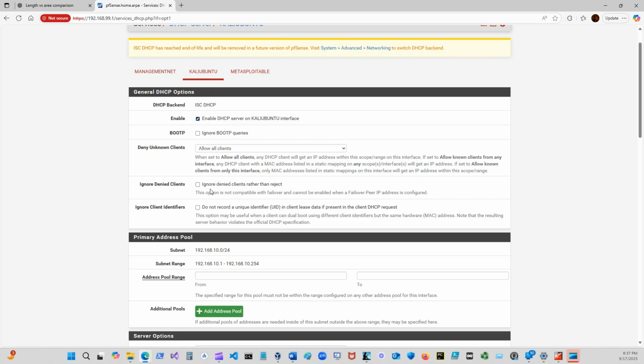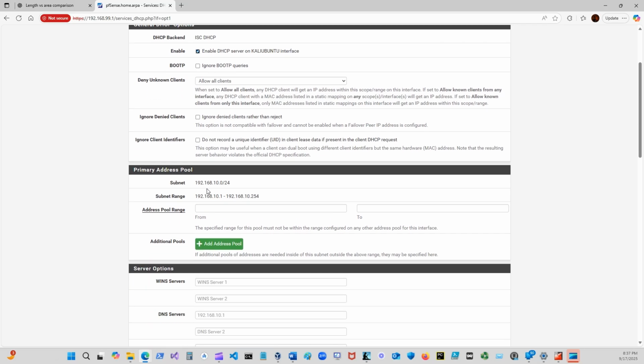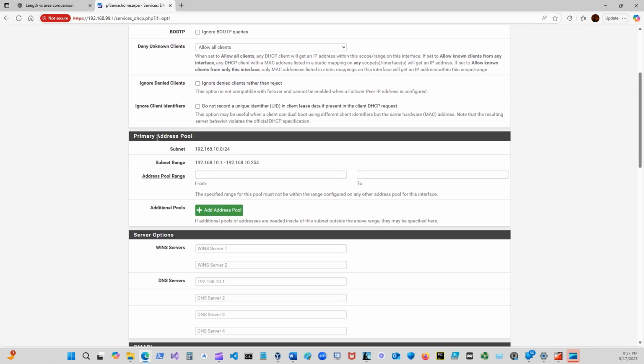So, back end. What the hell is this? Okay, so let's look at the ranges. Primary address pool subnet. Thank you. Close my door. Okay, so address pool range. Is that what we want to do? Probably additional pools. Okay, so let's set this range. It wants it